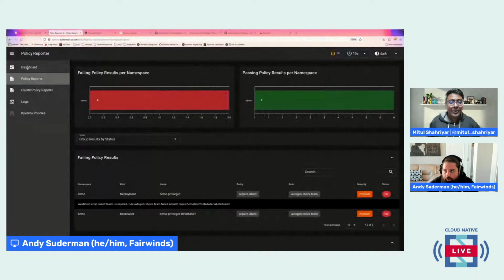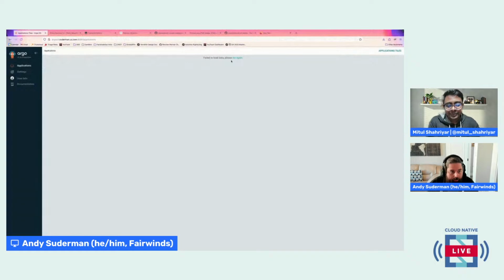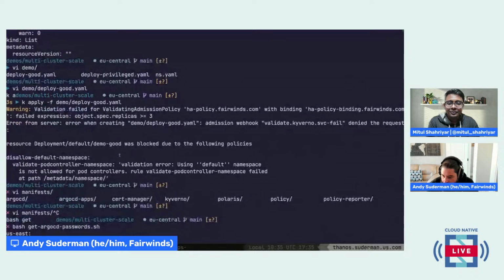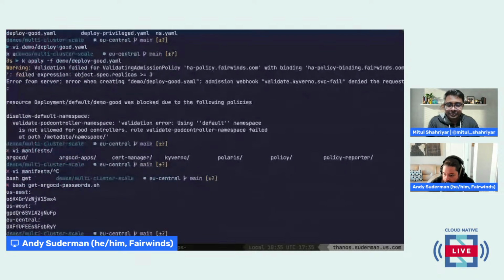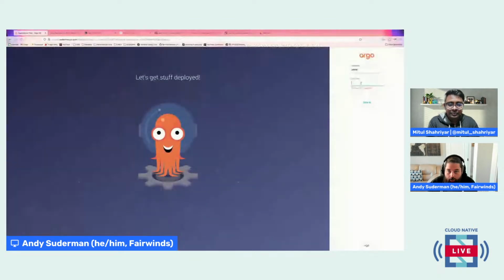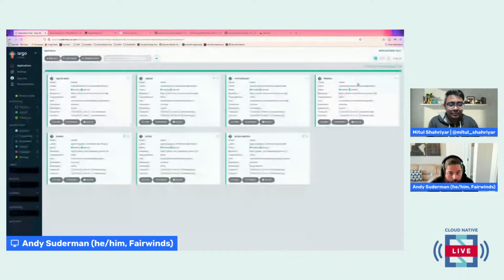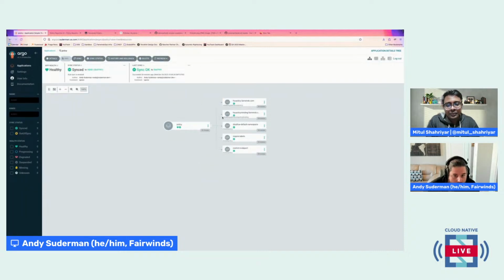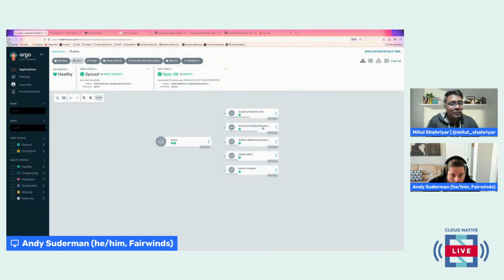So what else have I not talked about? Again, like I said earlier, we're using Argo CD to deploy these. The nice thing about this, and I'll have to go get my password again. We take a look at Argo CD. This is a great way to deploy across all of your clusters. It's pulling in all of those directories that I showed earlier in that manifest directory. And so if we look here at policy, we've got the validating admission policy that we looked at earlier. We've got the validating admission policy binding. Then we also have our Kyverno cluster policies.